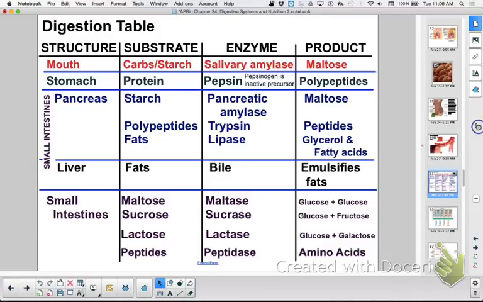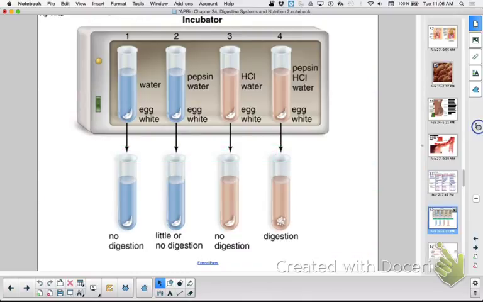So this chart, you don't need to know this chart because you don't have to memorize the enzymes anymore, but this kind of shows you the breakdown of all of that. This I would expect you to understand. Okay, you shouldn't need me at this point to explain this. So you have 4 test tubes. Slate, you take the odd ones. Blue, you take the even ones.